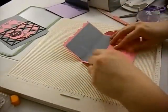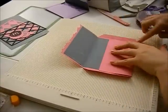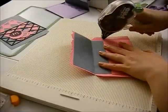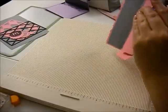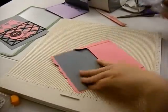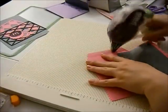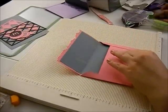I'm going to come back in through here, and I'm just going to make sure that this all lines up correctly, and then I'm just going to come back and add tape to this side right over here. Close as I can get it, trying not to go over, and then fold that, and then I'm going to do the same for this side over here. And then you definitely want to go back and